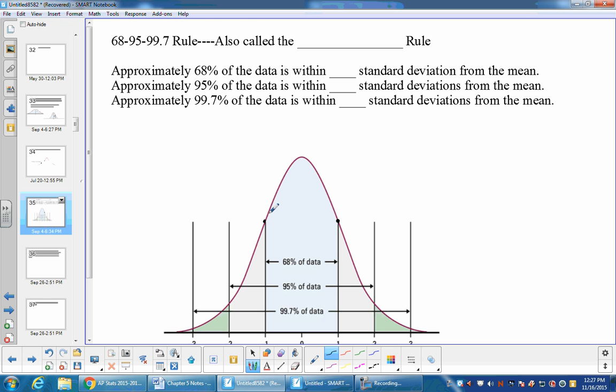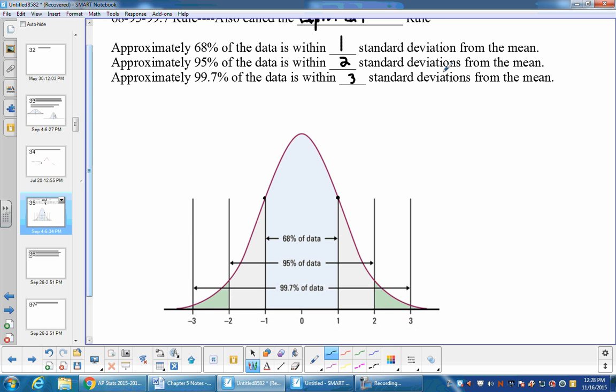Now, there's a rule in statistics, or with normal distributions, called the 68, 95, 99.7 rule, and it's also called the empirical rule. Now, what that says is approximately 68% of the data is within one standard deviation of the mean. Approximately 95% of the data is within 2, and almost all of it, 99.7, is within 3 standard deviations of